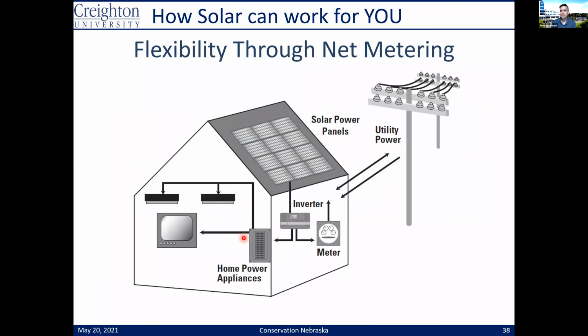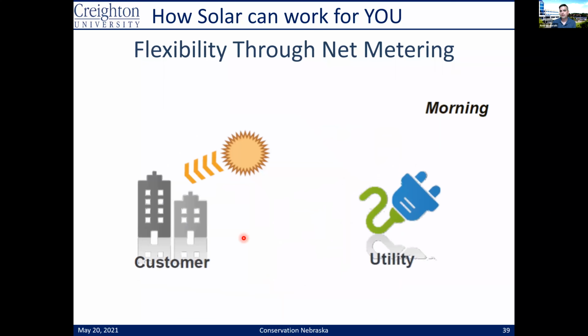One of the things that makes it most flexible to go solar is the thing called net metering. So net metering is basically a relationship that you have with your utility company where you share power with them. And so let me just introduce this really quickly with a few graphics. So imagine in the morning, right? You have some solar panels and you're using basically every electron that you're ejecting, right? Because the sun's not very high in the sky and you're not really doing a lot. And so you don't really need the utility at this point.